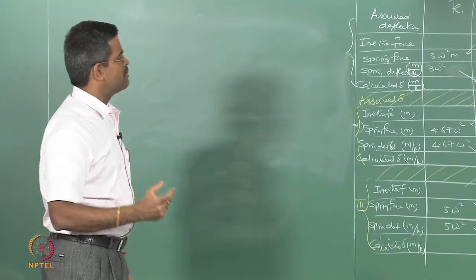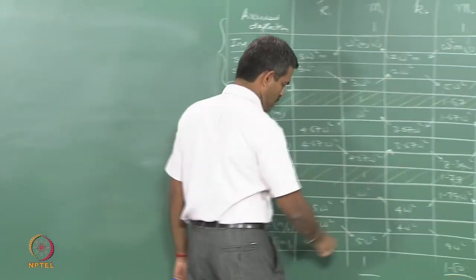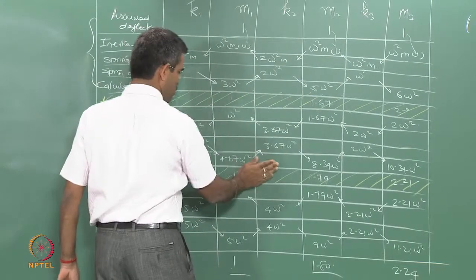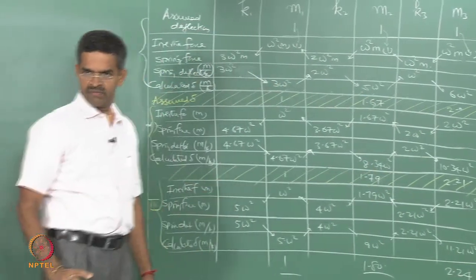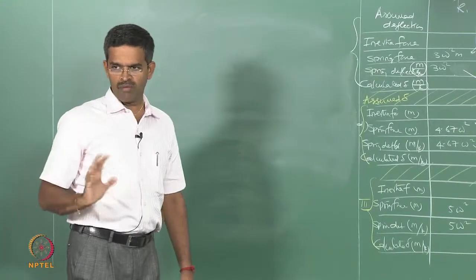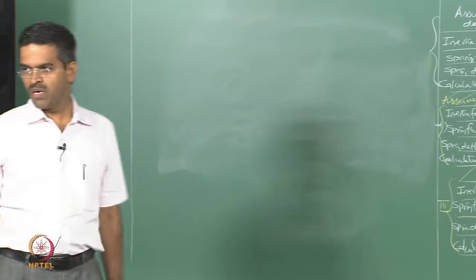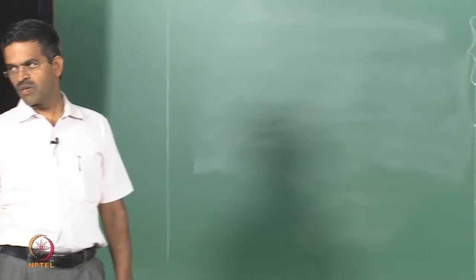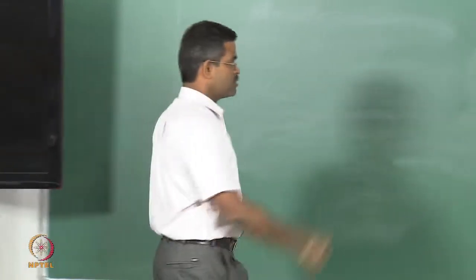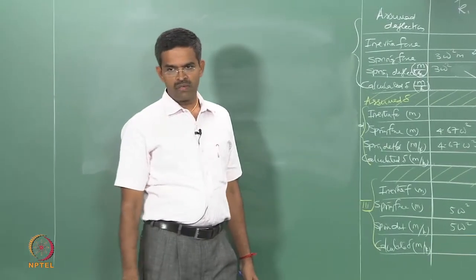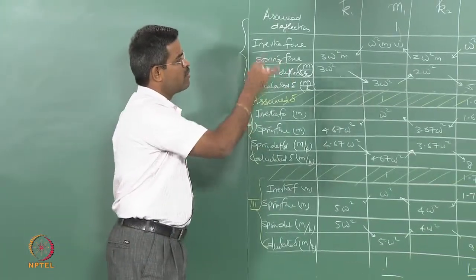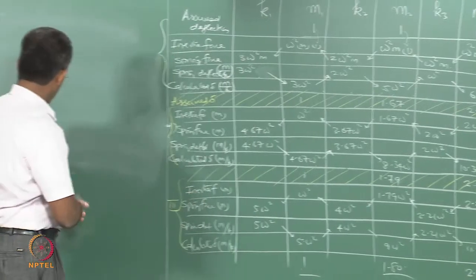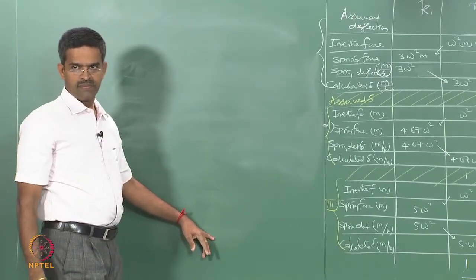You may have a question in the exam that a table of this order is given to you with convergence, omega and phi are given to you, some of the values in between are erased, and you have to fill that up. If you know this table thoroughly, you can do that, otherwise you will not be able to. I could remove some of the values in between the table for, let us say, a 10-degree freedom system problem, which you cannot imagine by easy calculation unless you know the procedure. That is why I am telling you, please follow the table carefully, how the hierarchy was developed and why we started from x3 and then came to x1, because there is a cumulative deflection of the spring. Okay. That is how it is done.